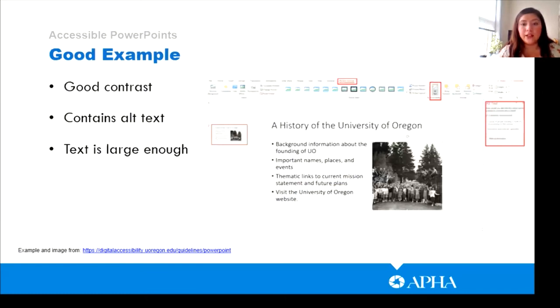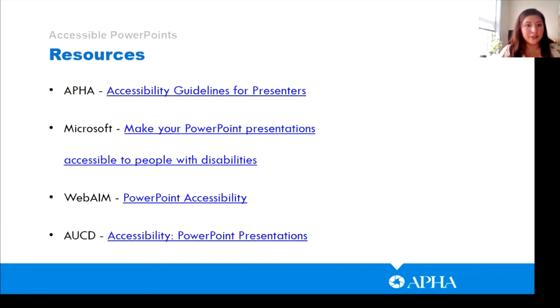This would be a good example of a great slide to include on a PowerPoint where there's enough contrast, there's alternate text, as you can tell by the right side of the panel that it's in there, and the text is large enough. For additional resources and more information on creating accessible PowerPoints, these links are from the APHA, Microsoft,